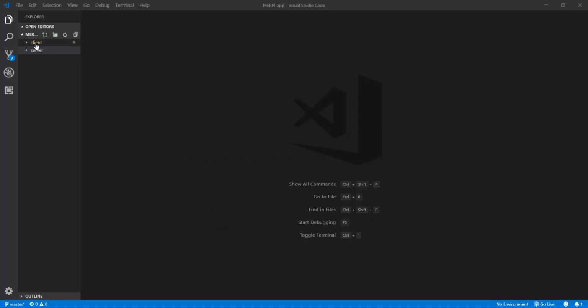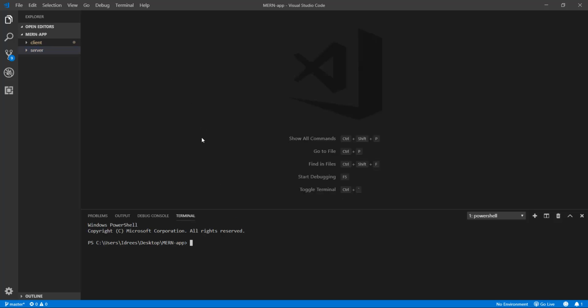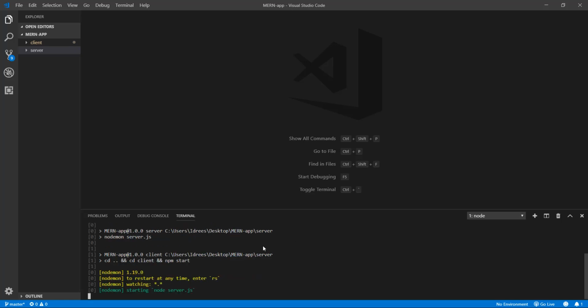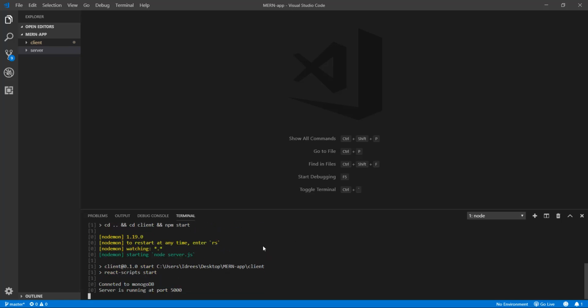All I have here is two main folders, client and server. Client folder holds my React application, which is our front end, and then server holds my backend application. So if I open up integrated terminal of VS Code and then cd into server folder and then do npm run app, this would run both client side and server side at the same time, and the server side will run at port 5000 after connecting to local MongoDB database, and then client side would run at